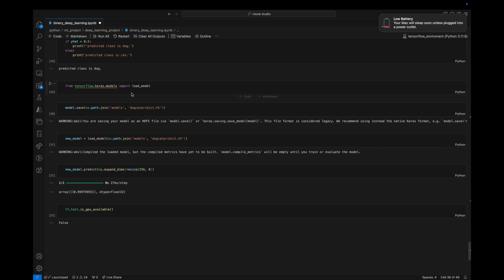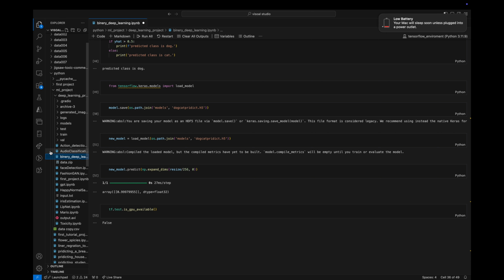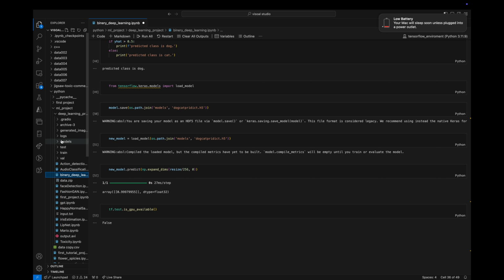So yeah, and we imported the load model, and then here we saved our model, and we can get it, where is it? I created a model name. Yeah, here I saved it in this folder, this model we use. To test whether the saved model works, we set new model equal to the loaded model, and we load the model we saved here. So here we predict. So guys, yeah, this is what the project looks like,